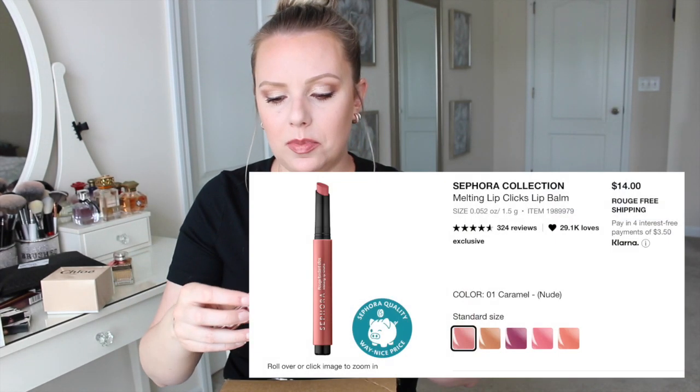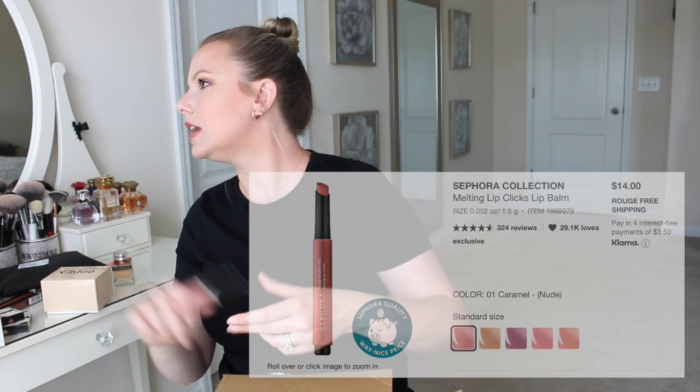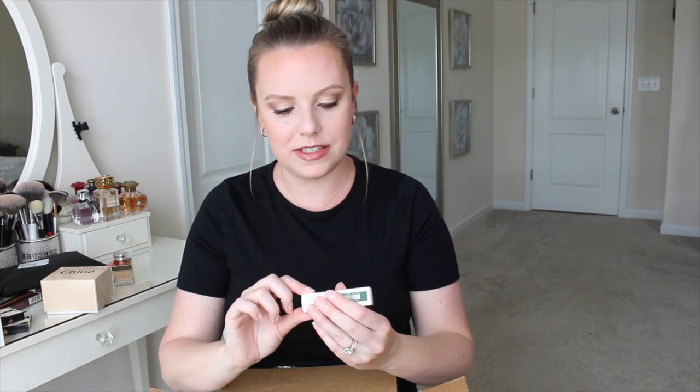Sephora brand has a couple like this. I think I have, it's in the color Caramel. You can see it right there in my collection. But the Marc Jacobs ones are just a little bit more luxe. Very similar though. On that same theme of easy, quick lip products, I picked up the Clinique Moisture Surge